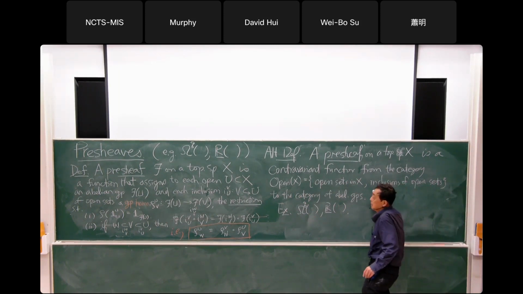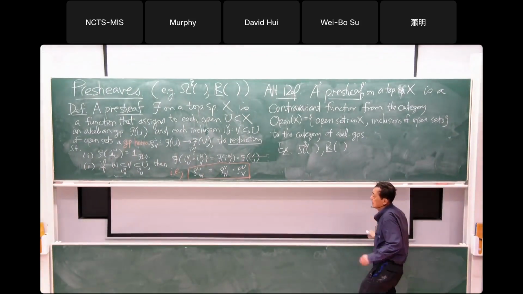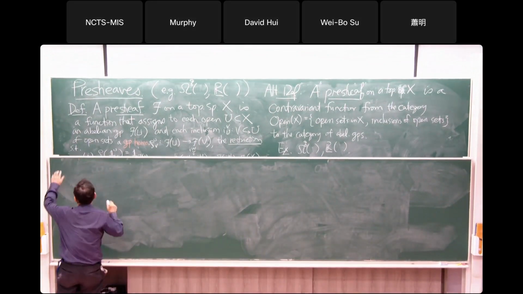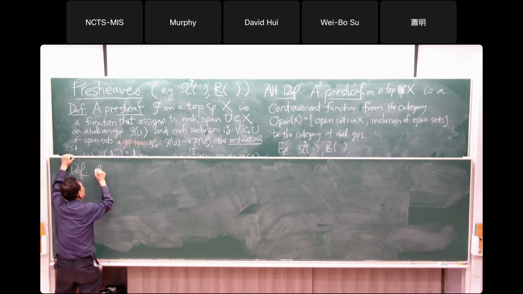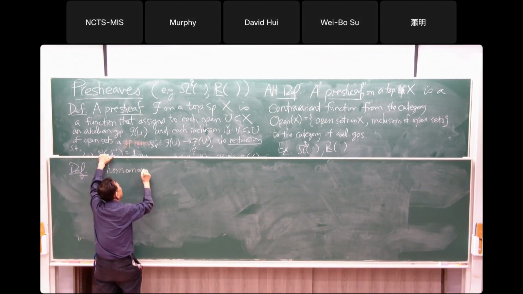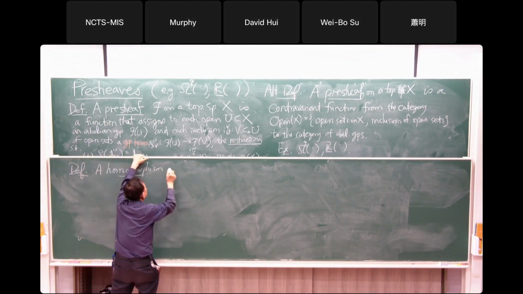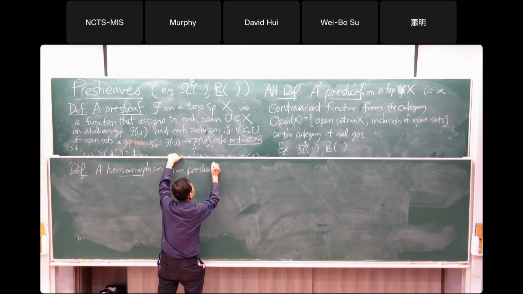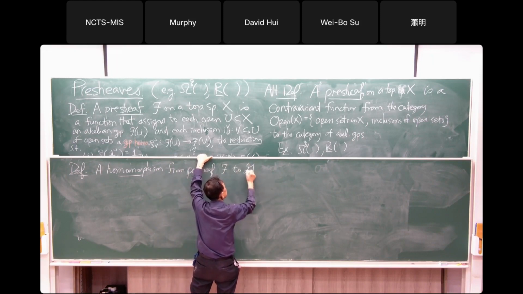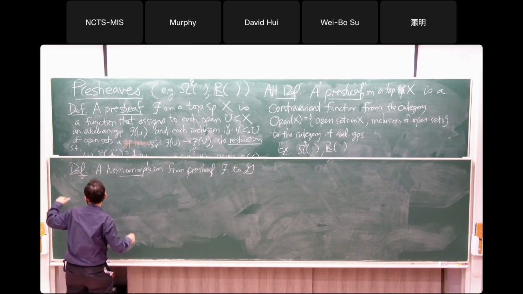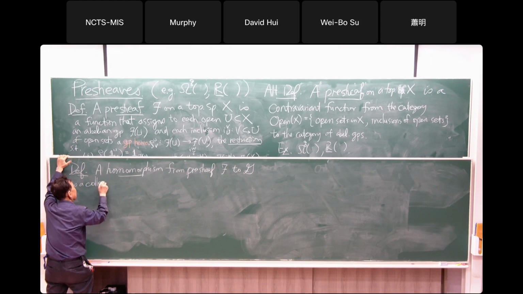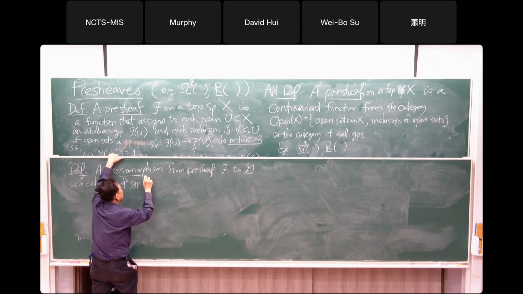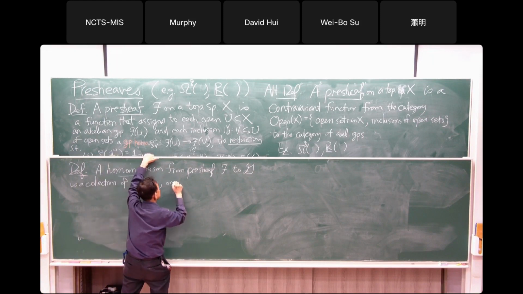Okay. So what is a homomorphism of presheaves? A homomorphism from a presheaf F to another presheaf G is a collection of group homomorphisms, one for each U,